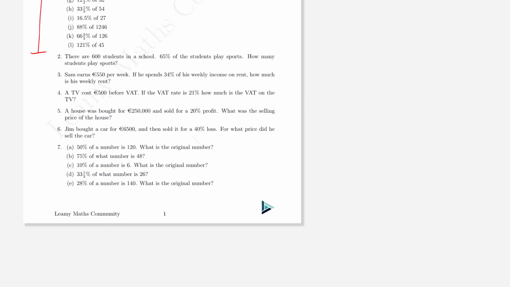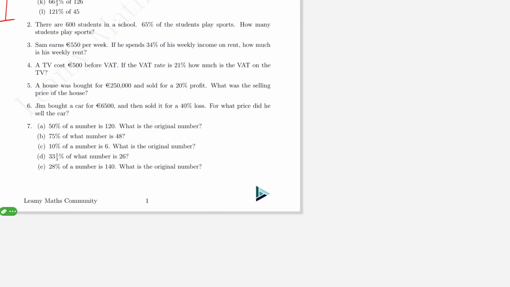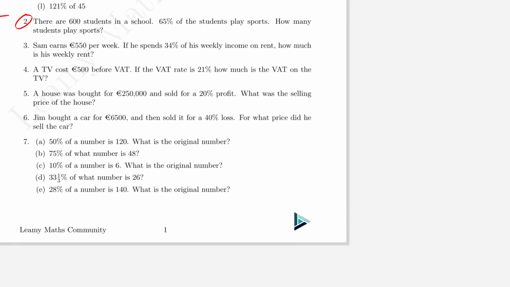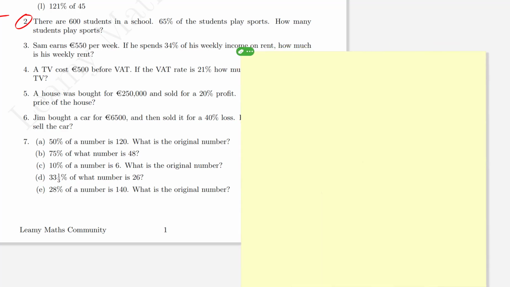So now we're on to the word problems involving finding percentages. So I'll do an example for you. Okay, I'll go through question 2 here. There are 600 students in a school. 65% of the students play sports. How many students play sports? So basically what we want to do here, guys, is get 65% of 600. The question is really just telling us to get 65% of 600 because 65% of the 600 students